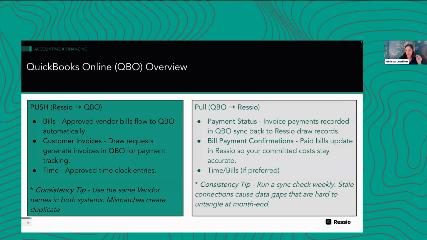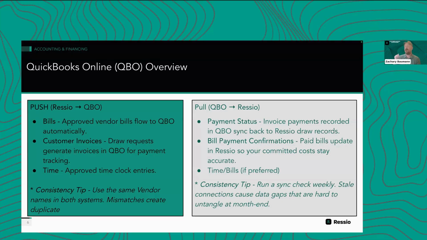Okay, we did have one question from Christy about using Adaptive to build draws and then syncing to QuickBooks. That goes back to your comment, Christy: if the invoices or draws originate in QuickBooks or in Adaptive, they will not pull into Ressio. Yeah, Christy, I think we're open to exploring the ability to pull invoice information back. It's just not as of today, and we're teaching as of today.